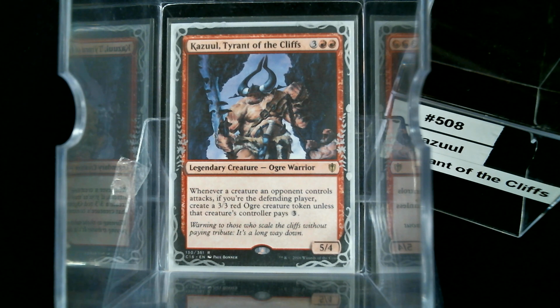Today, in deck number 508, we're going to talk about Kazuul, Tyrant of the Cliffs. Now, there aren't that many of these decks out and around. According to EDH Rec, there's only 55. Well, I guess that would be 56 now. But